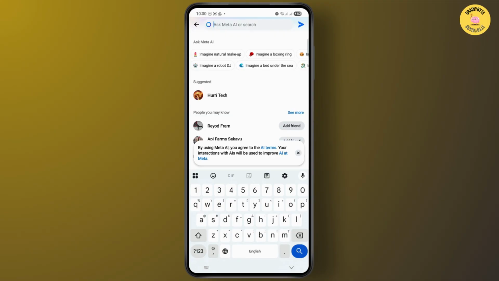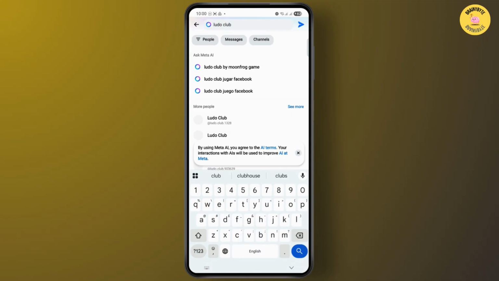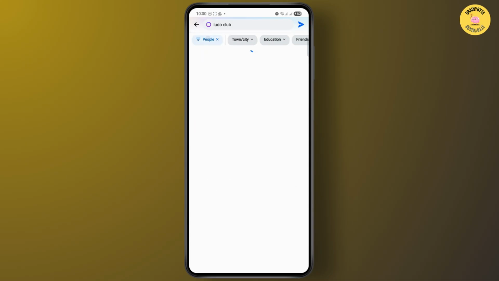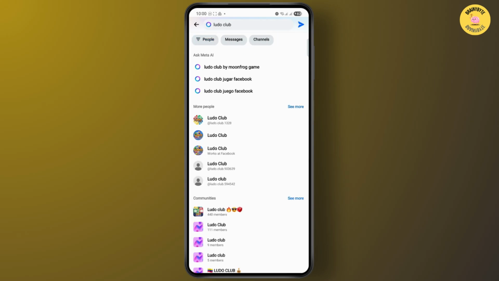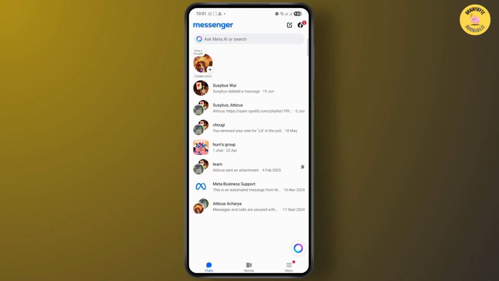just search for Ludo Club. Hit enter, or you can just see the suggestions right here. Once you find your game, from people you can select different options. This is just people, but if you just search for Ludo Club, you should be able to find the play button right besides it. If you don't find it this way, then what you can do instead is just go